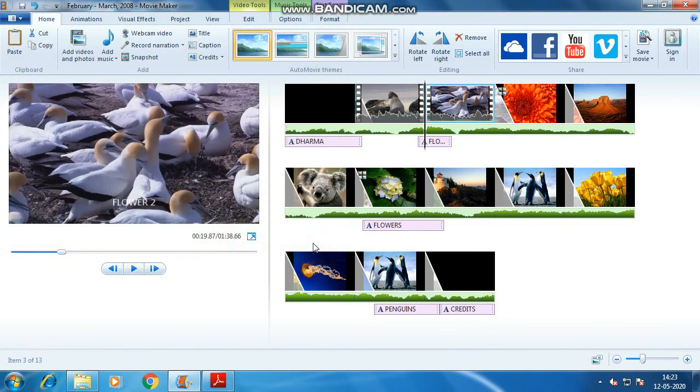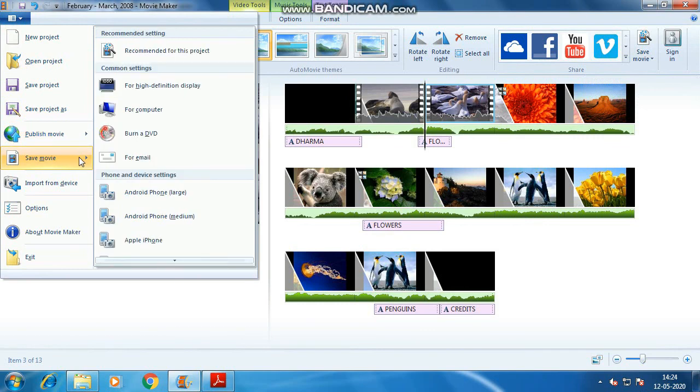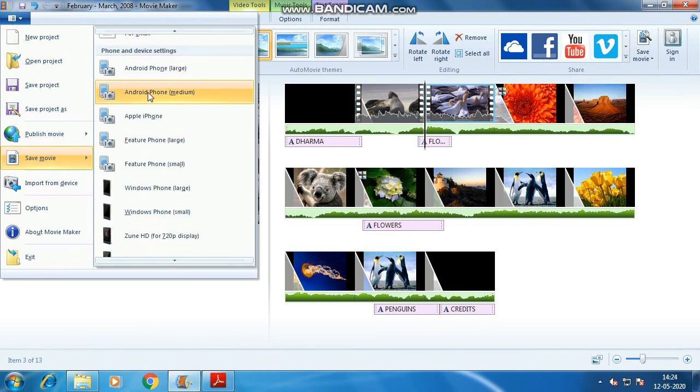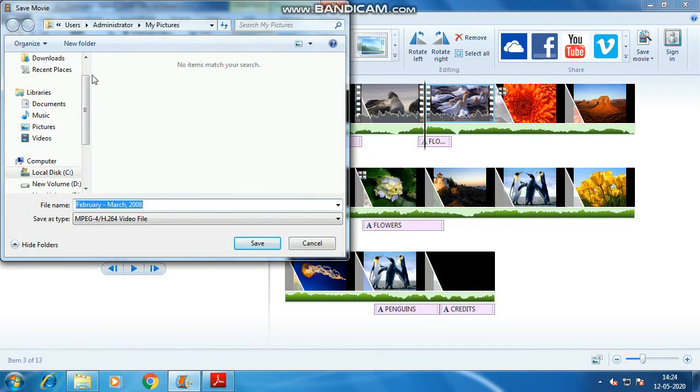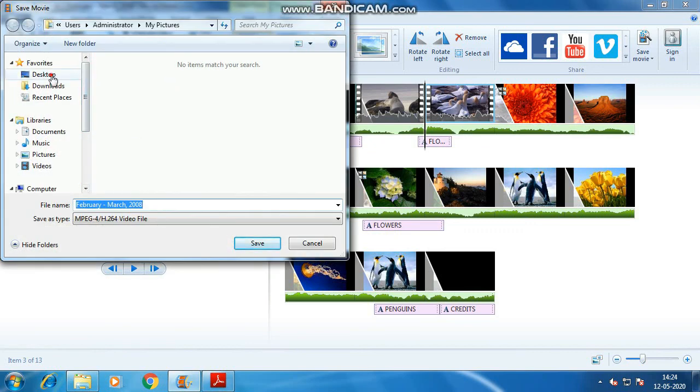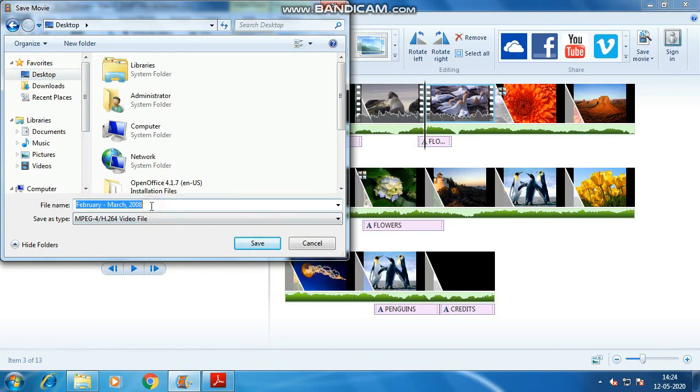And our last topic was how to save a movie. You will go to save movie from this option, or you can go from here, save movie. So all the same options will be here. For high definition, that is 1080 pixel, this is common for all, so you can easily upload it on a YouTube channel too. You select the location where you want to save it, right? So give the file name, that is practice, right?